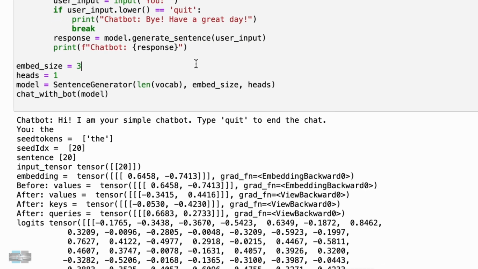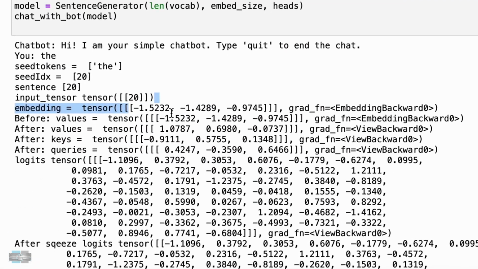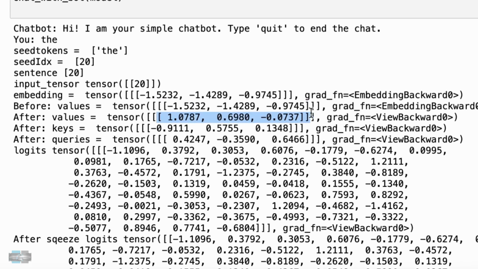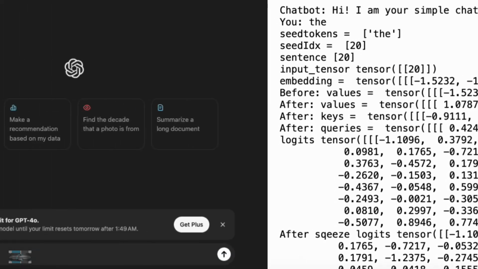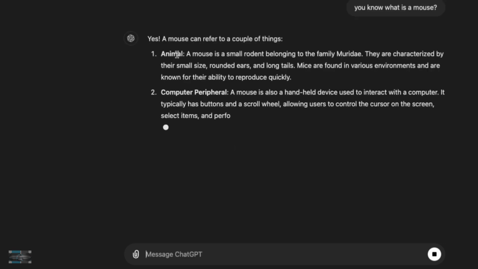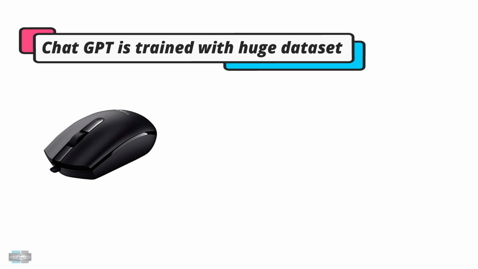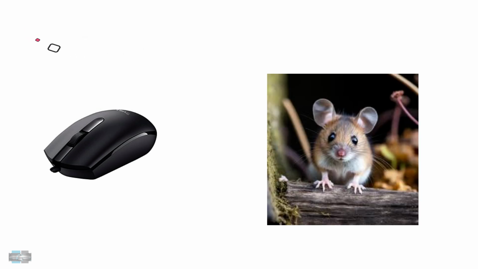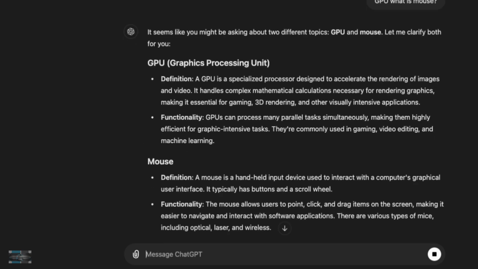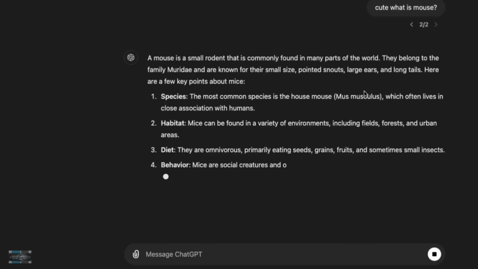We know ChatGPT understands only numbers, which we basically call a tensor, which looks like an array of integers. Let's have some clarity on it. If you ask ChatGPT what is mouse, there is a possibility that it gets confused whether we are asking about the device or rats, because ChatGPT is trained with a huge data set, which includes both the device and the cute little rodent. If your query involves sentences related to computers, then the attention goes towards the input device. Similarly, if you are talking about something related to animals, then the attention shifts accordingly.